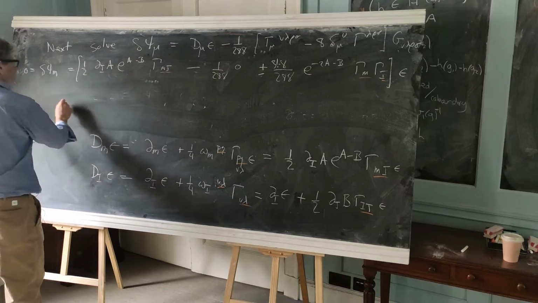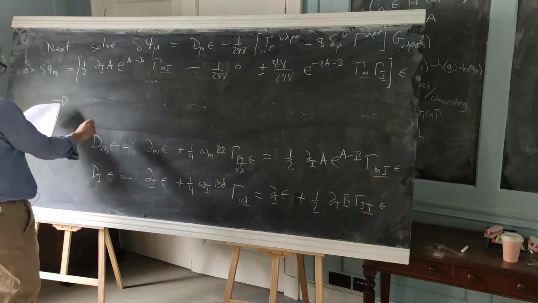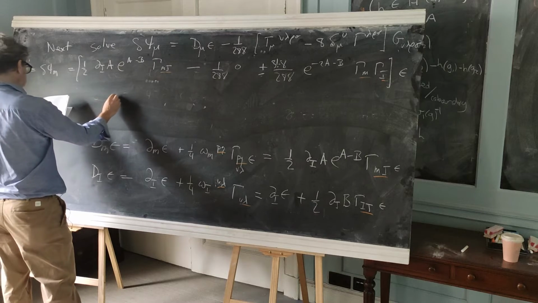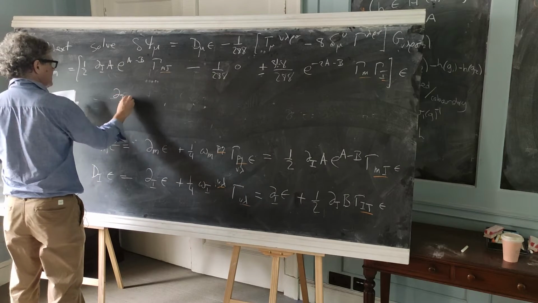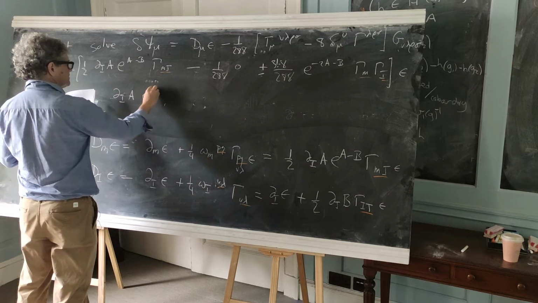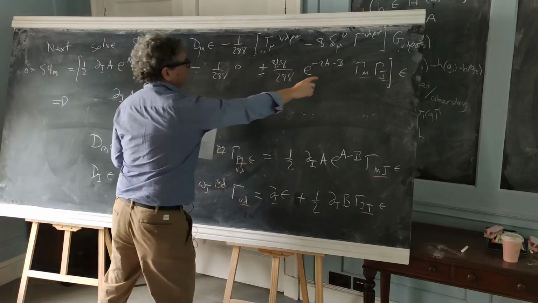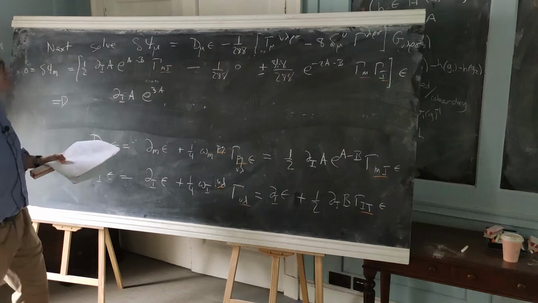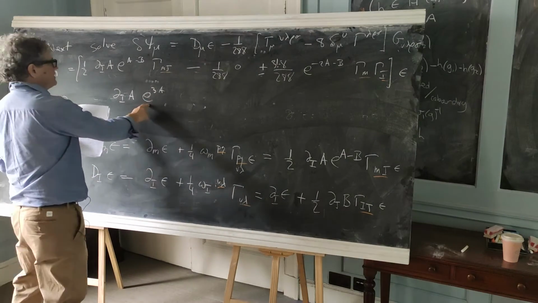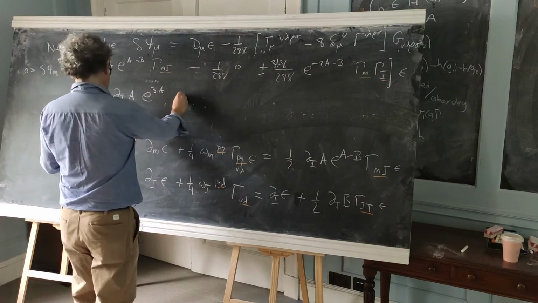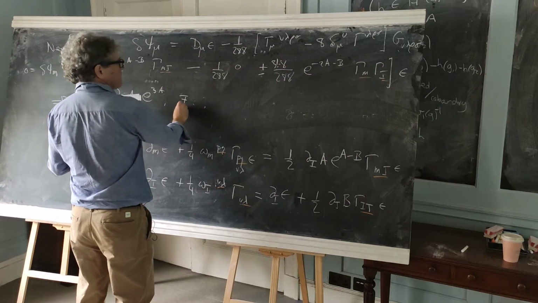So you can factor things out, and this gives you a simple equation. d i a e to the 3a, so I've multiplied through, so that e to the minus b's cancel off, but I multiplied through by e to the 2a, so I get d i a e to the 3a, and then here, minus or